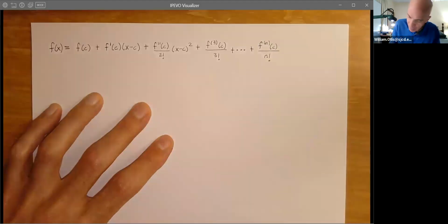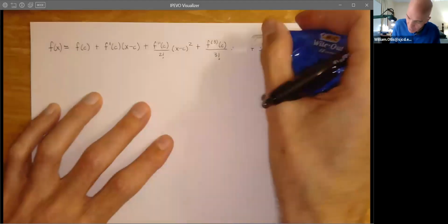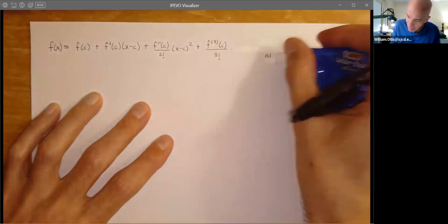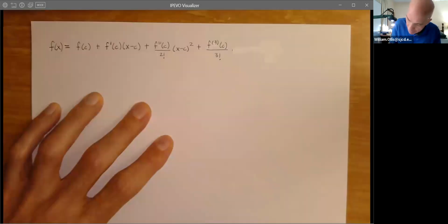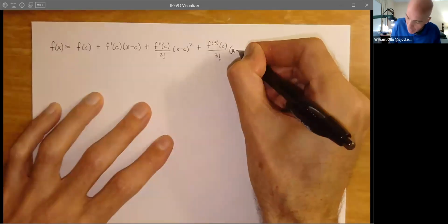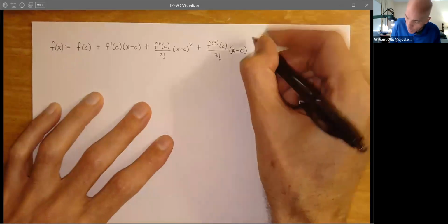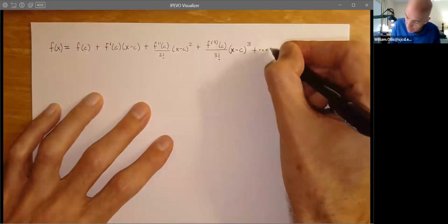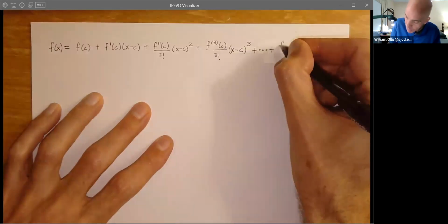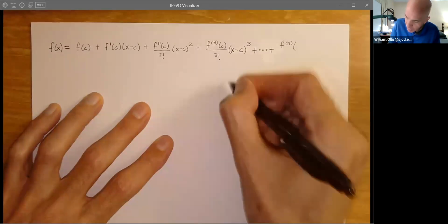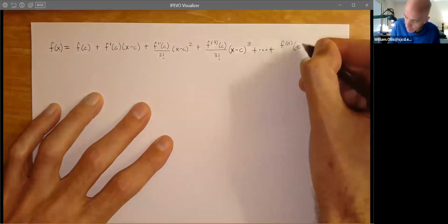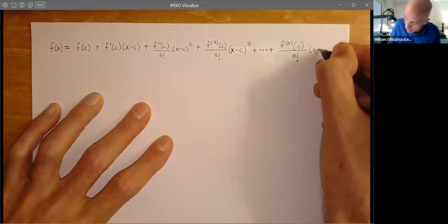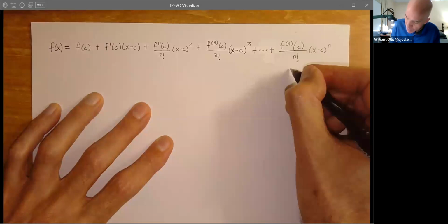Oh, sorry, left out my factor here. Let me put that in. I can't squeeze that in. (x minus c) to the third, very important, plus, and then the nth derivative, I'll put the remainder down here. I'm going to run out of room. And then plus the remainder,